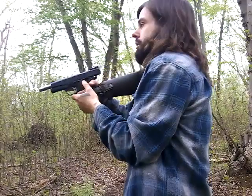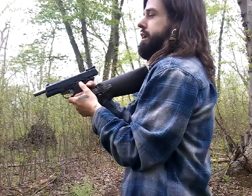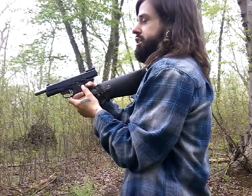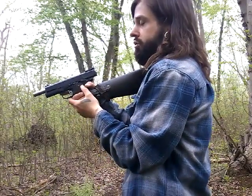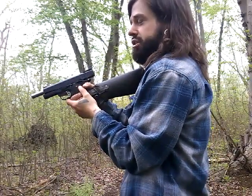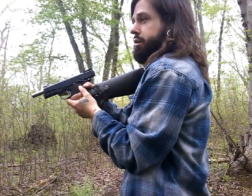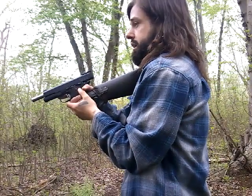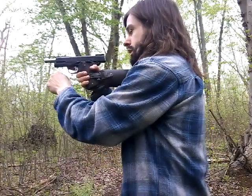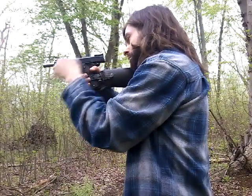I have, or had, an M93R by KWA, which is technically a machine pistol. It had 3 fire selections: semi, 3-round bursts, and in between was fully automatic. I don't know if that was intentional. I'm pretty sure the real steel M93R is only burst and semi. But anyways, I had a really nice folding stock for it, bringing it up close, and it has that folding forend there. Shooting that thing in full auto or burst, you would get a lot